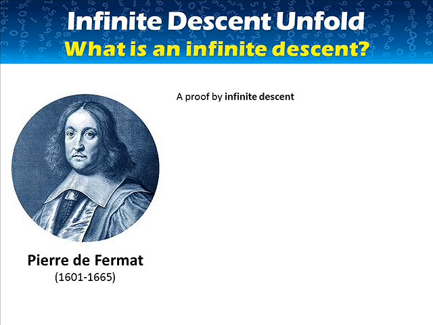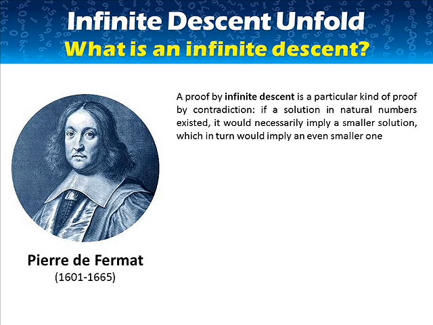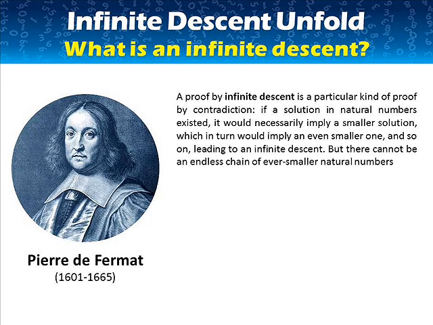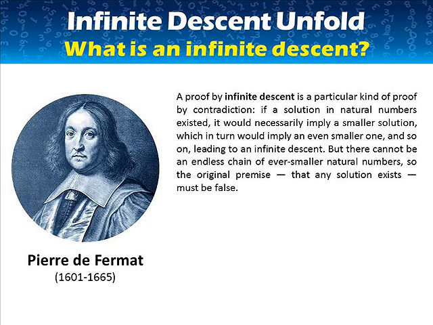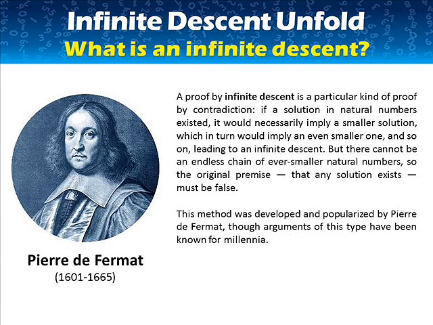A proof by infinite descent is a particular kind of proof by contradiction. If a solution in natural numbers existed, it would necessarily imply a smaller solution, which in turn would imply an even smaller one, and so on, leading to an infinite descent. But there cannot be an endless chain of ever smaller natural numbers, so the original premise that any solution exists must be false. This method was developed and popularized by Pierre de Fermat, though arguments of this type have been